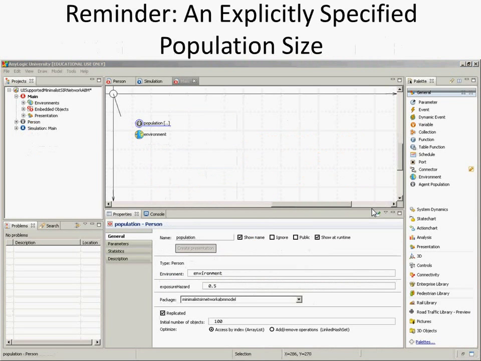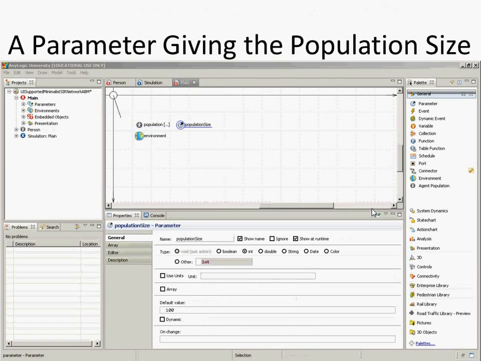Okay, now there's another thing I'd like you to look at, which is up in main, down in main. There's a population, and again, that should have the hazard here. It's not shown. It should be shown. There, you'll notice that there's a number of objects specified, so a number of people in that population. And I'd instead